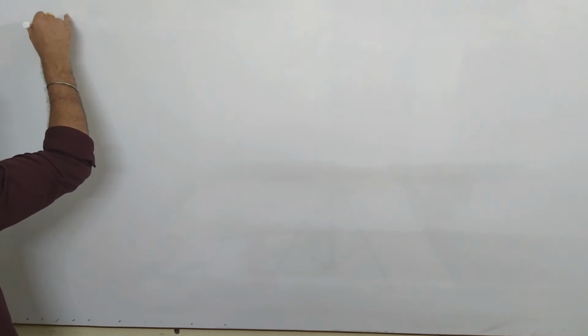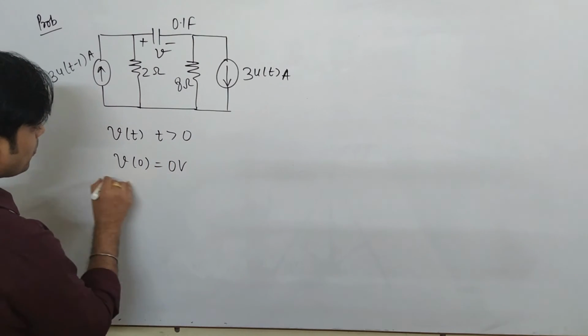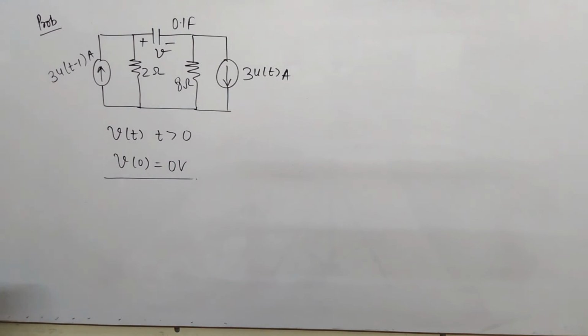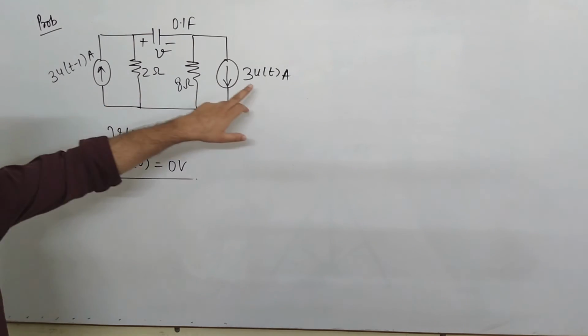So next problem. This is the next type of problem, friends, in which you have to find the solution for Vt, that is V appearing across the capacitor as mentioned here, and the initial value of voltage is given as V0 equal to 0 volt. These are the two different current sources applied in the circuit. Very important thing: there are two current sources whose values are 3u(t) and